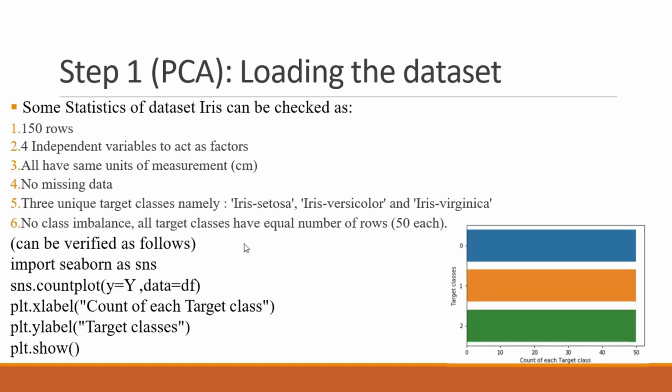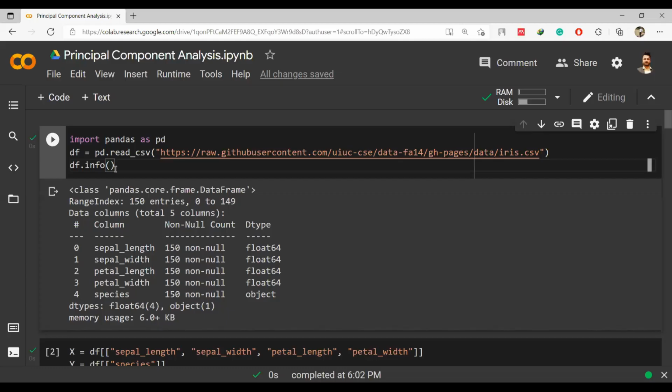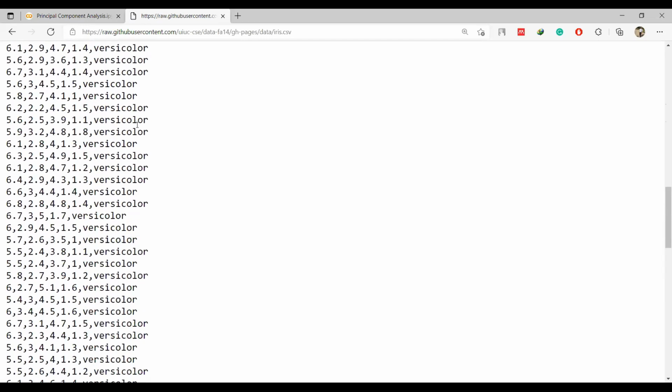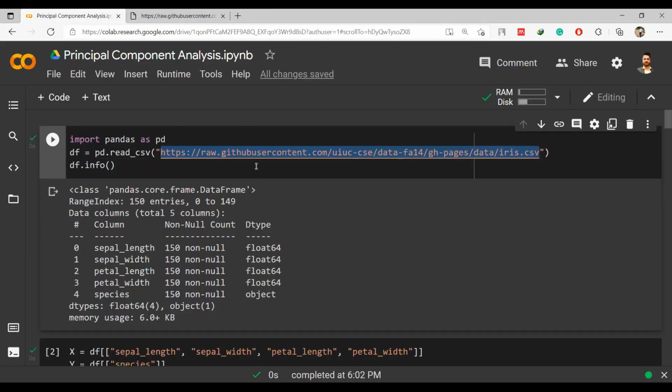So this coding, I will show you in Google Colab now. Let's begin the practical work. So first you have to read the dataset, and this dataset is available on this link. You can check this link here. This is how it looks like. You can use the same dataset. I am putting it in the chat.